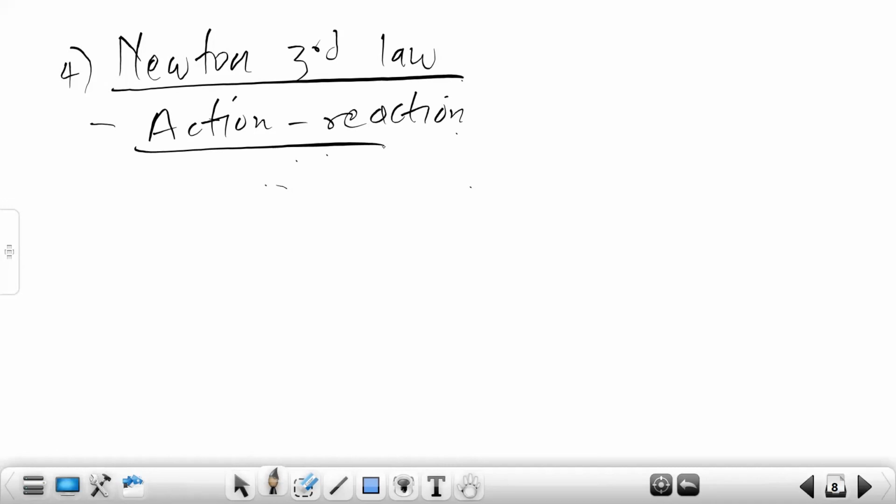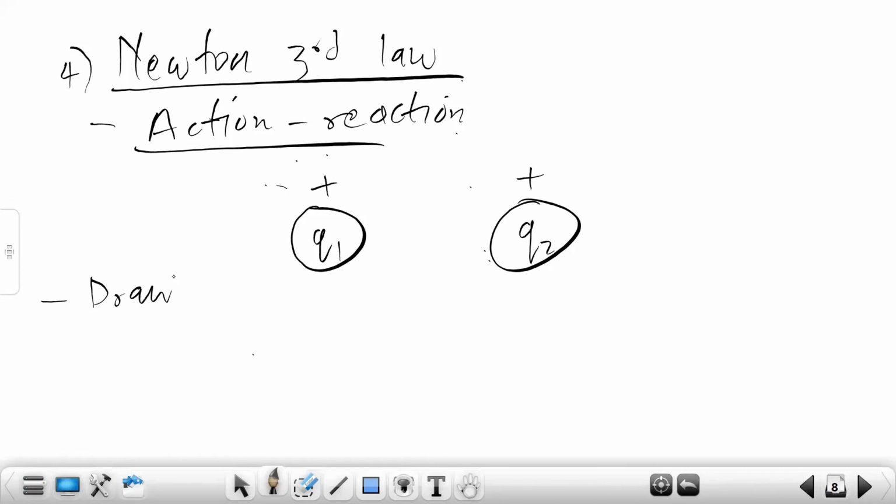It's very, very key. So it basically says when body A exerts a force on body B, body B exerts the same amount of force, but in an opposite direction. So where am I taking this? I am taking this to a point that now I have Q1 and I have Q2. But now Q1 is positive and Q2 is also positive. So the question that comes thereafter is to say, draw a free body diagram,